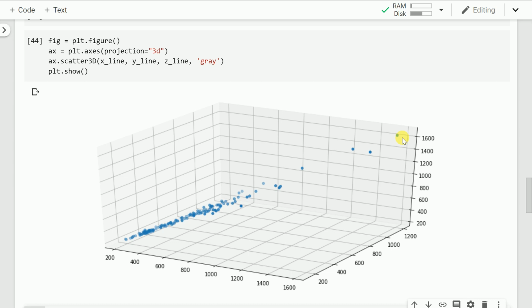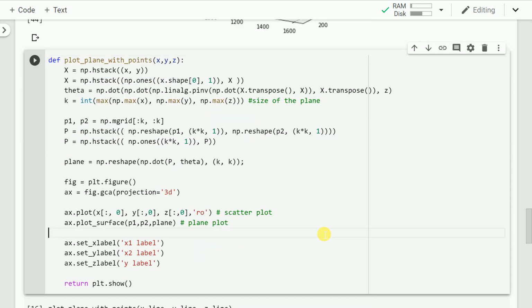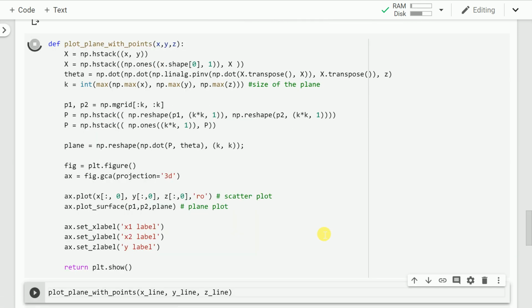If I have 2 points in 2 dimensions, both of them can be connected via a line. When I have a three-dimensional space consisting of three features, as in our case, then to join the points, I'll consider a plane. So the next thing that I do is create a function called plot_plane_with_points that accepts the values of x, y, z, plots a scatter plot of the values provided, along with creating a plane out of all three sections, that is x, y and z.